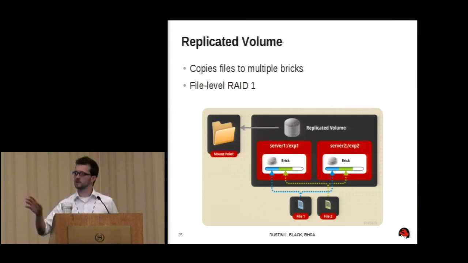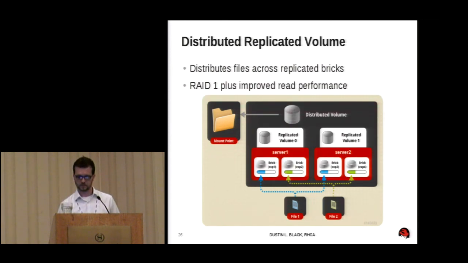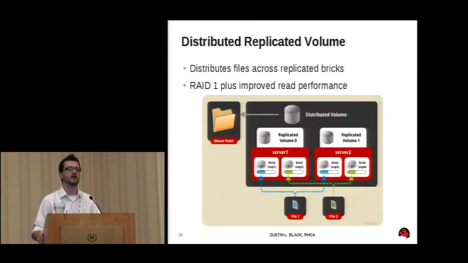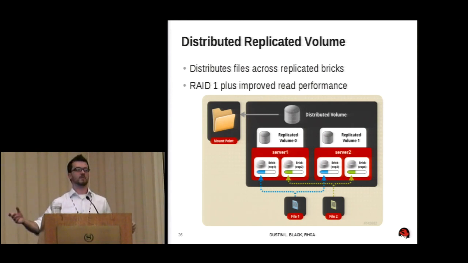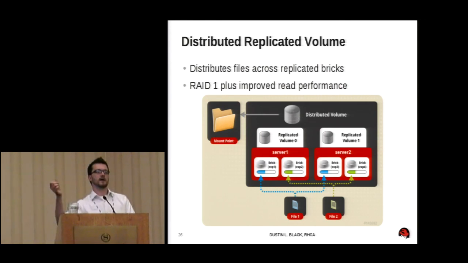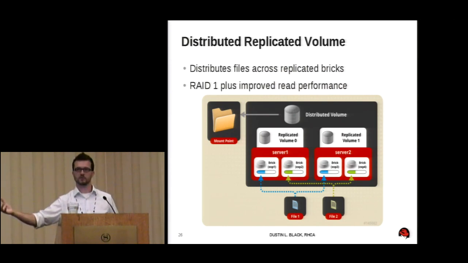It's just a simple case of a two replica scenario. So if you put these two ideas together, what I can do in this case is I now have 4 bricks involved, and I've told Gluster to make 2 replicas. Well, what Gluster's going to do by default, without me telling it to do anything else, is it says, okay, you've given me 4 bricks, you've told me to make 2 replicas, so now I'm going to distribute between the 2 replicas. So I've now layered these functions together, and I have a replication of each file that's being written between 2 bricks, and when the next file is written, it's going to be written to the other set of replicated bricks.